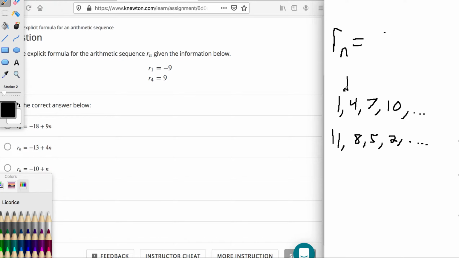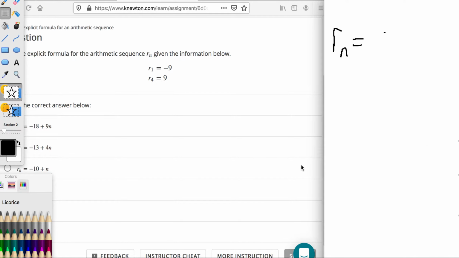What we identify when we look at these sequences is the common difference, okay? I wrote d equals 3 because this one increases by 3 each time. I wrote d equals negative 3 because this one decreases by 3 each time. So anything that you could go plus 3 each time or minus 3 each time, it's an arithmetic sequence, okay? So what you need to do is find the common difference, and the common difference is found by taking